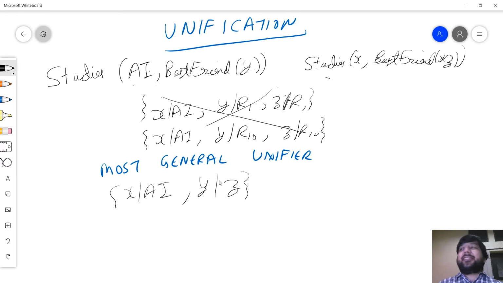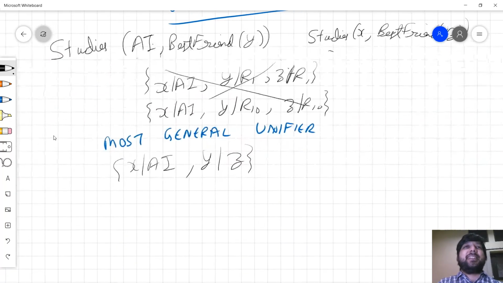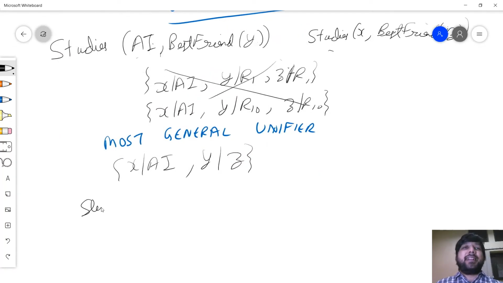That is the most general unifier. Let's look at things which will fail, because I haven't taken a failing example. Unify Studies(AI, X) and Studies(robotics, Y).